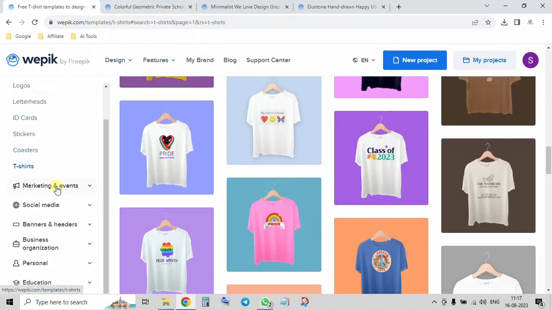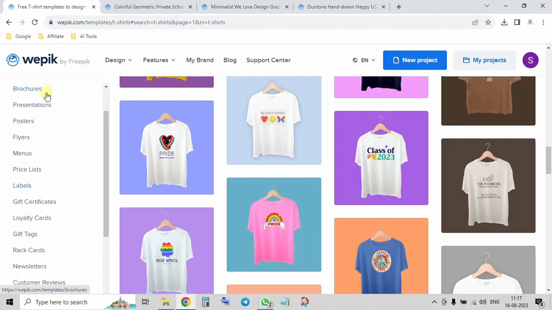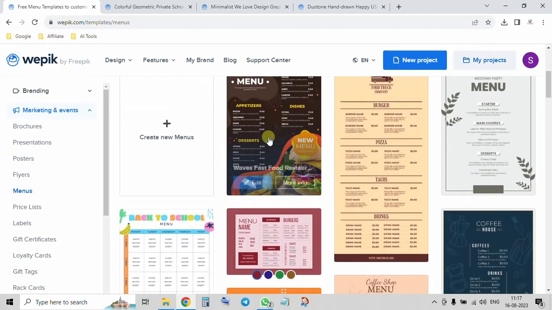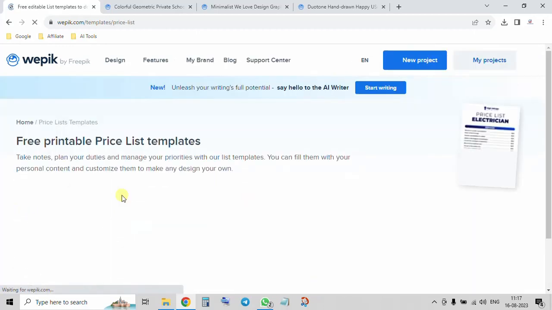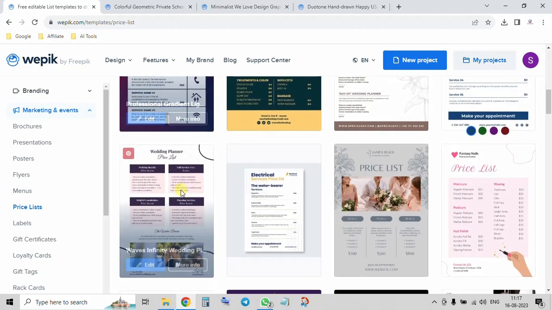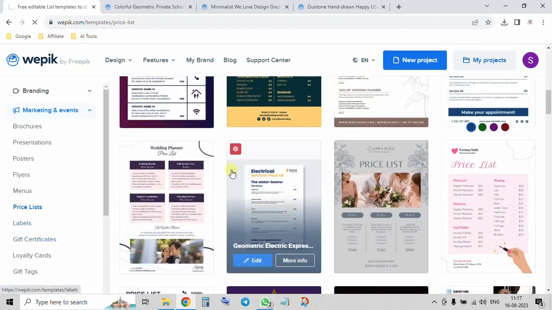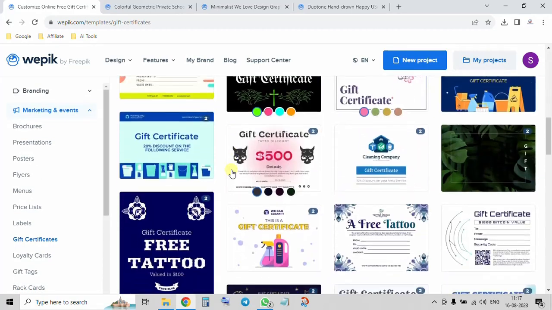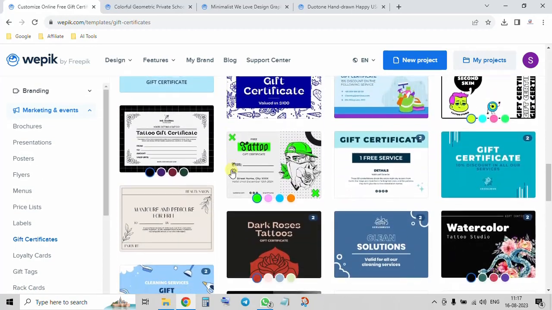Then marketing and team events, like brochures, presentations, price lists, and menus. If you're having a hotel or anything out there, you can create wonderful and beautiful menus like this. Price list if you want. Okay, now if you're into this thing, like here, price list, gift certificates, for example. Here these are gift certificates, and